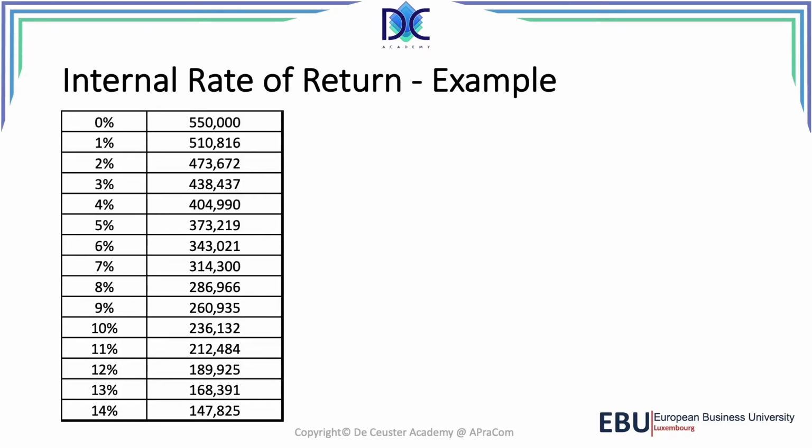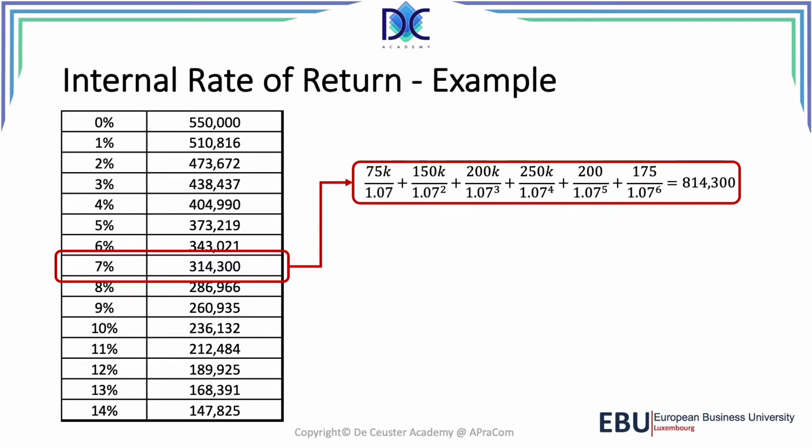At 0%, all the values are not discounted, and we find a net present value of 550,000. Let's see how we calculate this for 7%. We make the formula in Excel, we copy paste, it goes very quickly. For the 7%, we divide the different cash flows by the discount coefficients. So 75k divided by 1.07, 150k divided by 1.07 squared, up to the last one,